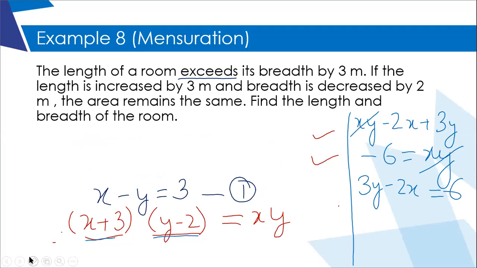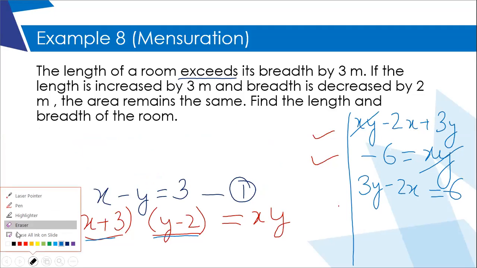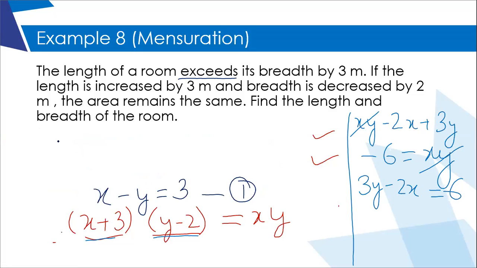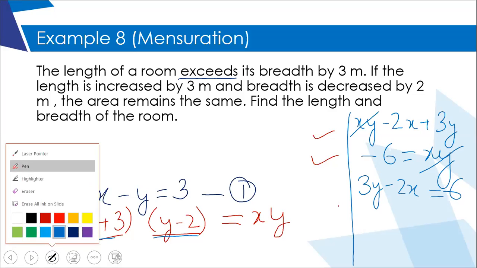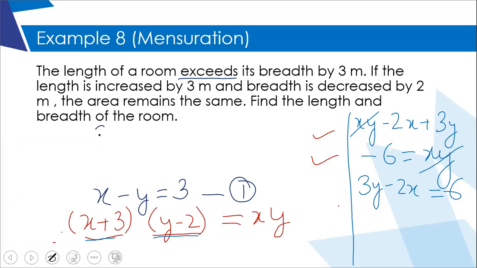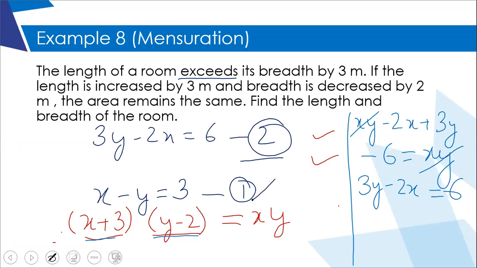Yes, ma'am, you can go ahead with that, as long as the question is not telling you to form two equations and solve them simultaneously. Okay. So now I will just write the equations together. Multiply equation 1 by 3. 3y minus 2x is equal to 6, this is my equation 2. So now I hope that you will be able to solve these two equations and get the value of x and y. So I will lead you till the equation. After that, solving you have to do.